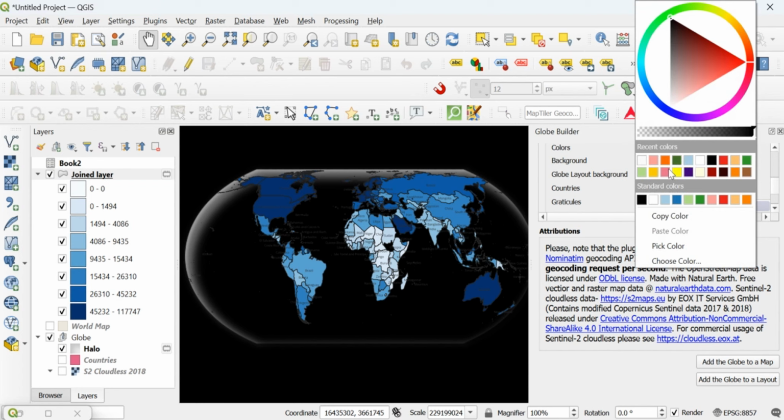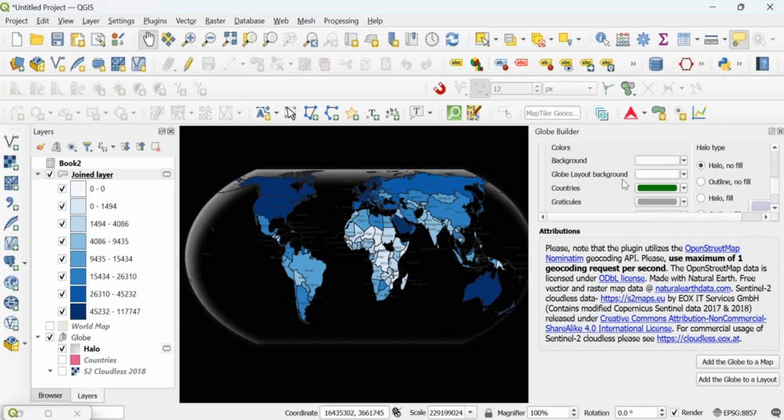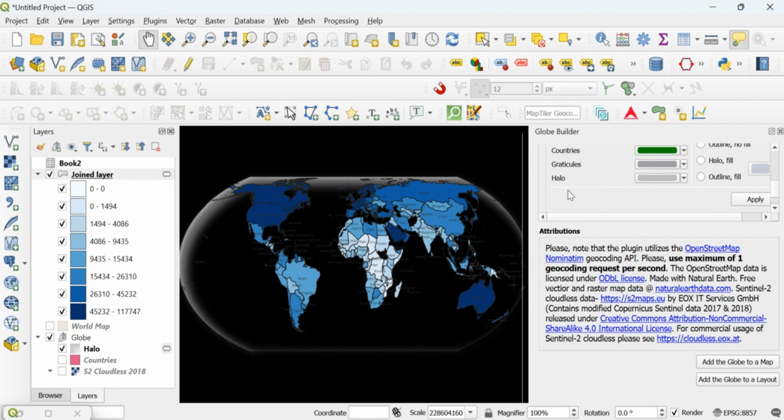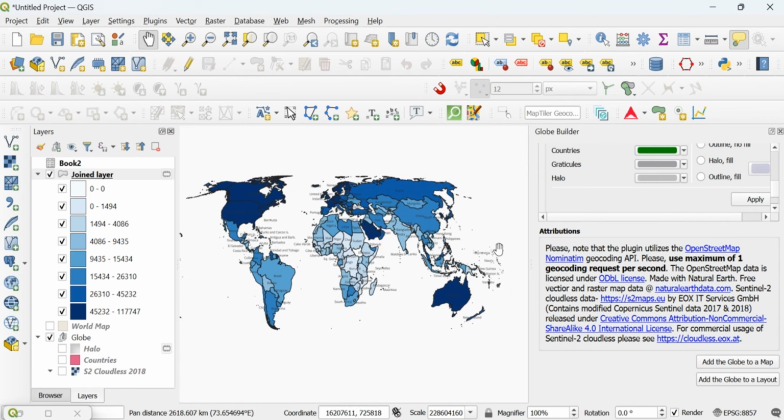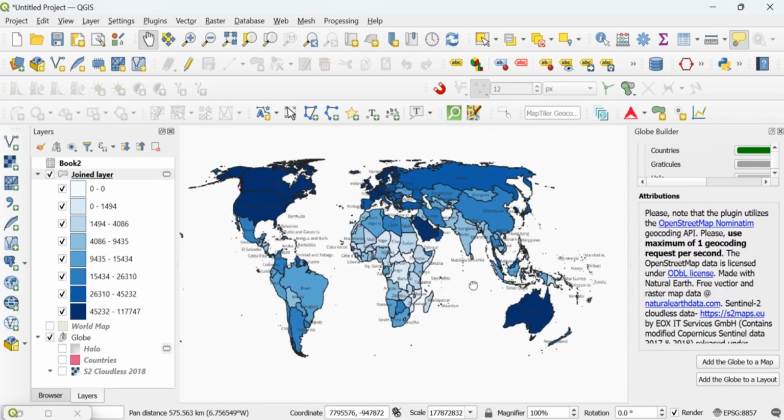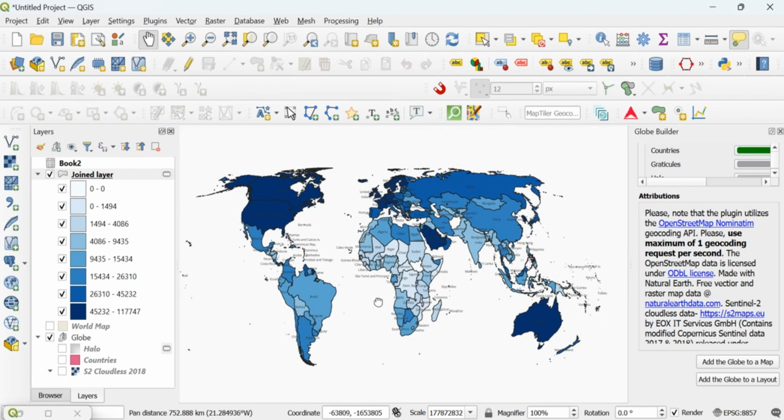What I would like to do is to remove the background, or better make it white. I can also choose to remove the halo, and now it looks a little bit better than before.